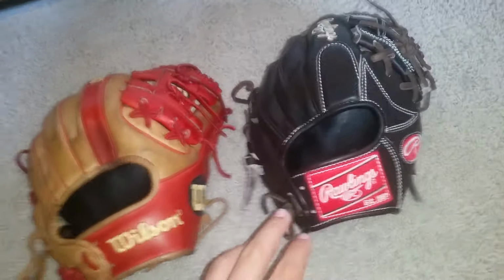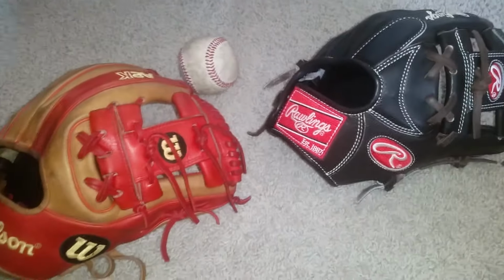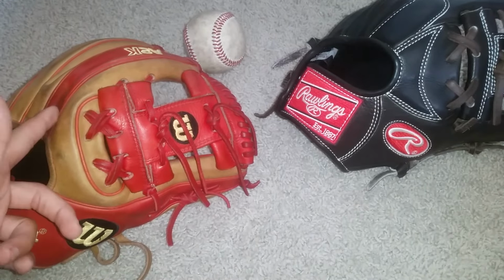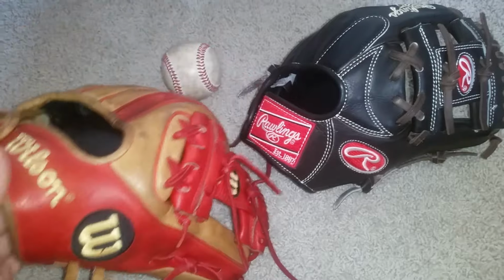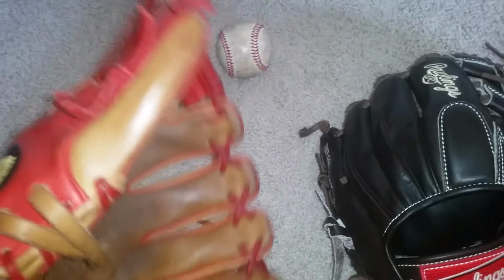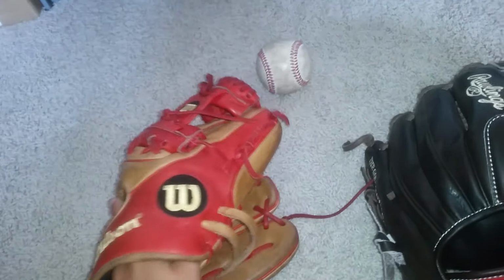So yeah, I'm gonna be comparing these two gloves, which glove I like more quality wise, what I like about it, what I don't. So first off, comparing the leather, of course Rawlings with the kip leather, and you still got the A2Ks with steerhide, which is a really high grade of steerhide leather, but it's still not the quality